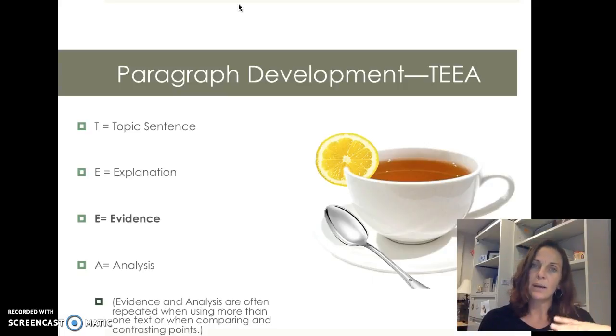Then you'll normally have some explanation about that topic sentence. Then you'll add a little bit of evidence. That's the E, the second E. And that evidence can be an example. And it can also be like a quote, a piece of evidence could be a quote. And then finally is analysis. And the analysis is really looking at why is this evidence important and how does it connect back to your